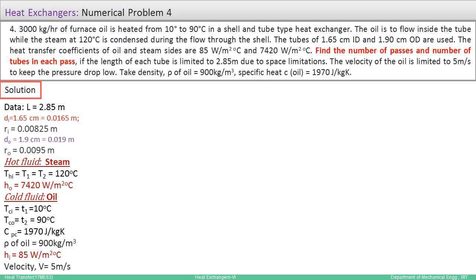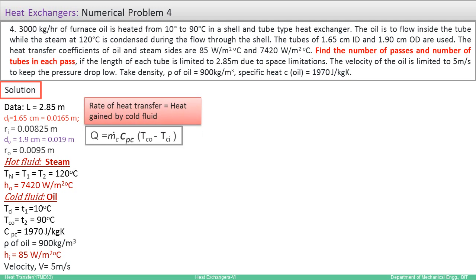So higher the velocity, larger will be the pressure drop or energy loss. So in order to keep that pressure drop low, it is given that the velocity can be limited to 5 meter per second only. So now using that here, this is a shell and tube heat exchanger, and we have